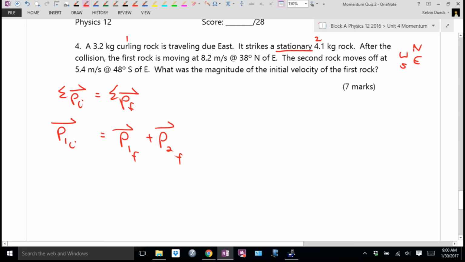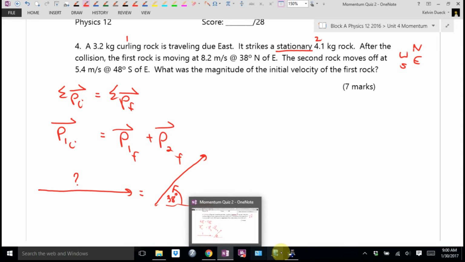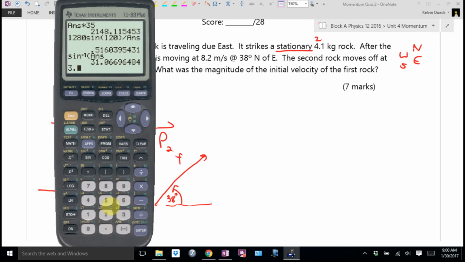Now I draw it. This works better because now I have this coming in, which is that's the mystery momentum. I know what it looks like. I just don't know how big it is. They didn't give me the velocity. Now I can go 38 degrees north of east, and this momentum is going to be 3.2 times 8.2,